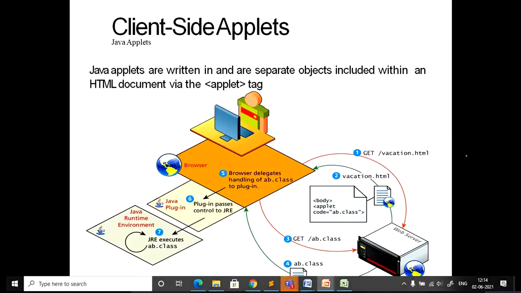How are applets written, what coding is used? You use normal simple Java code for creating applets. In HTML, you use the applet tag to include that applet.